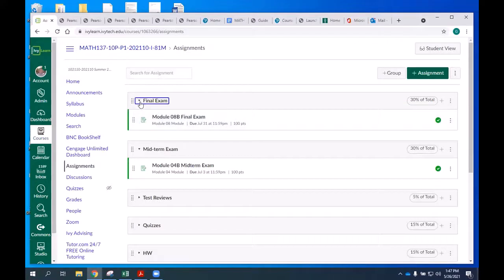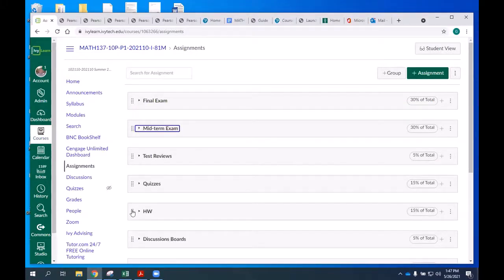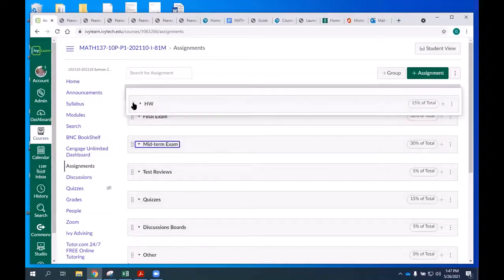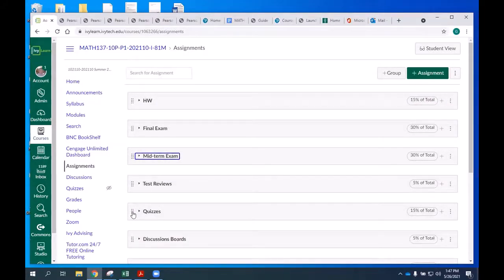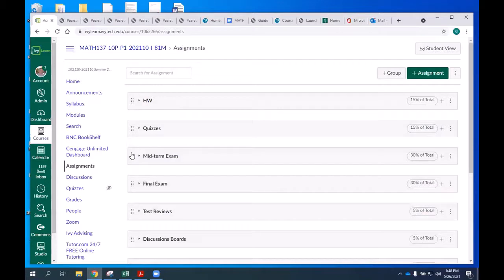And there it is. Now I'm going to go ahead, just because for practical sense, now that I've done all my syncing, I sort of put these in the order I sort of like them. Now, the good thing is, in IvyLearn now, there's a bunch of places where the assignments are listed with due dates, and those should all